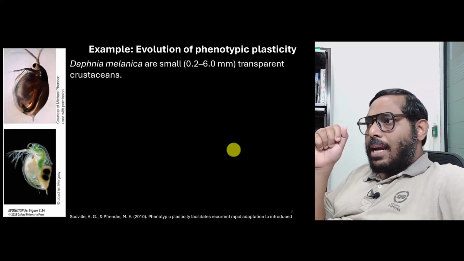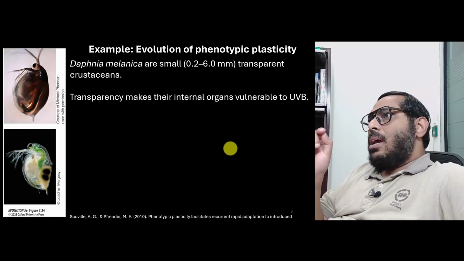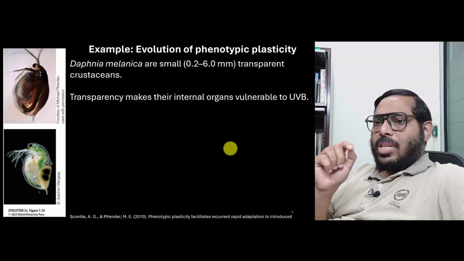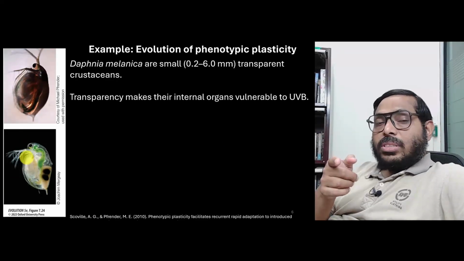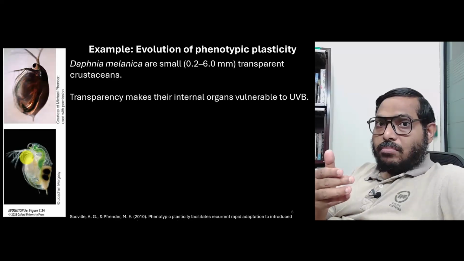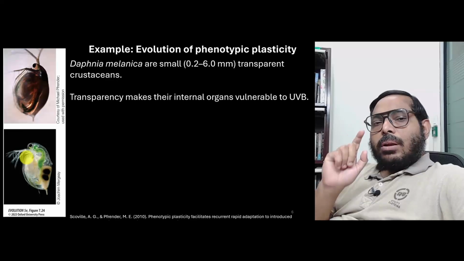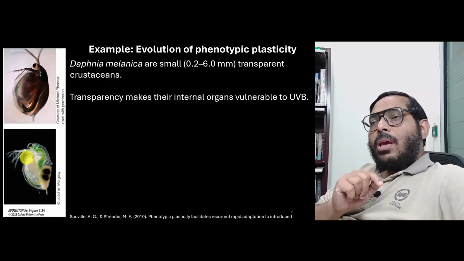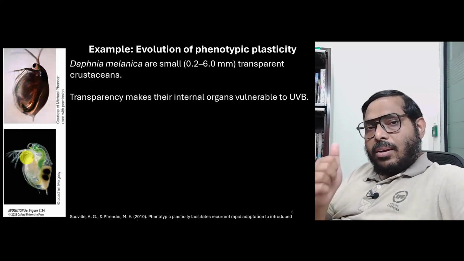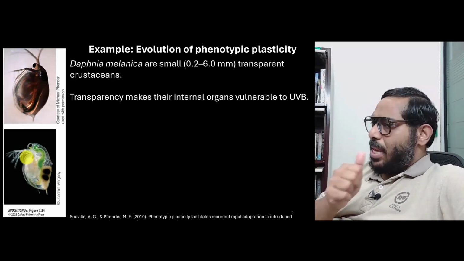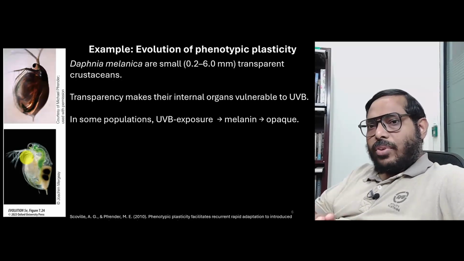Now, it turns out that mostly these are transparent, and because of that their internal organs are visible from outside, as you can see over here. This is the normal form. Because of this, Daphnia is a very popular model organism, because you can figure out what is happening inside the organism just by placing it under a microscope. But the same transparency also creates a problem, because the organism is now vulnerable to the effects of ultraviolet rays, particularly UVB. Now, it turns out that in some populations of Daphnia melanica,